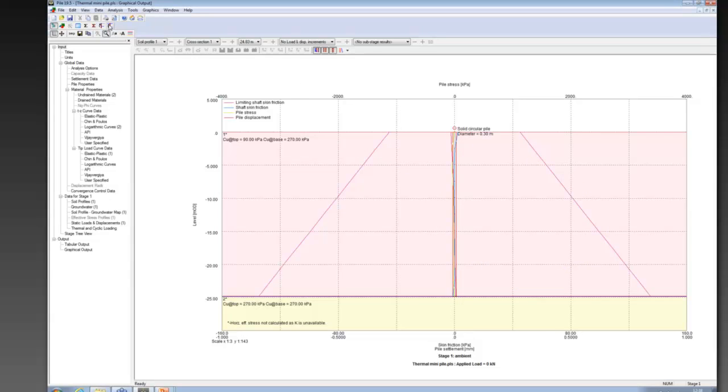Then when we return to ambient temperature, there's a slight residual stress and displacement, and then when we go to the first cooling stage, the opposite effects occur. So this pile is cooling and trying to contract, so the top of the pile is moving downwards and the base of the pile is moving upwards with different directions